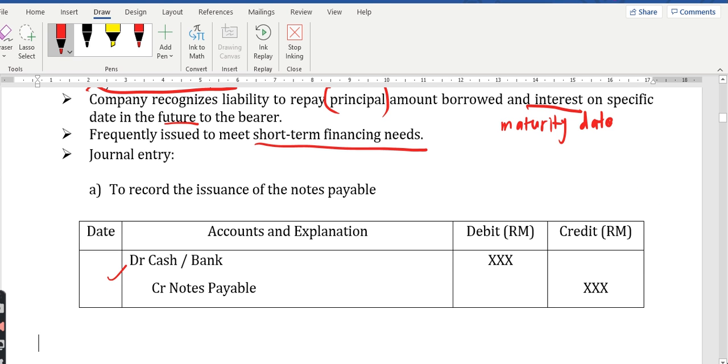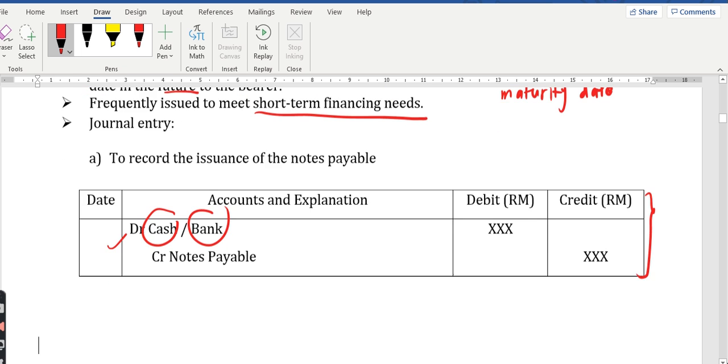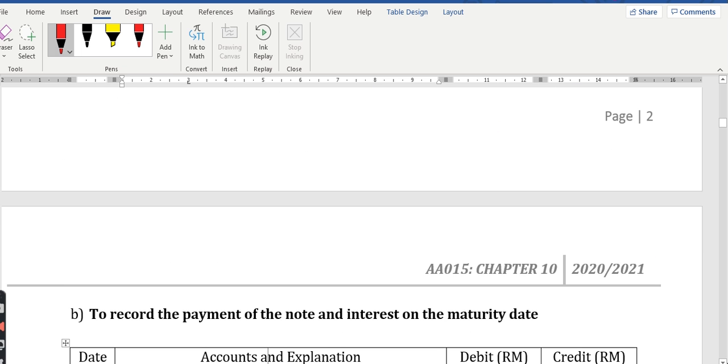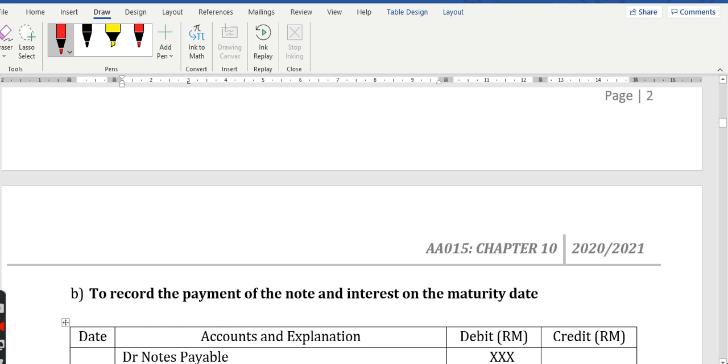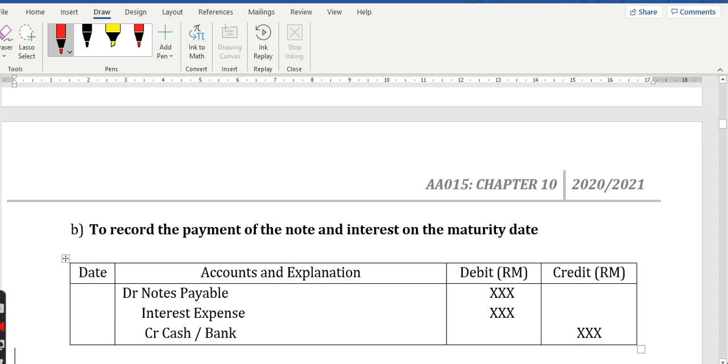Okay, so at this point you receive the loan, the pinjaman. It can be either cash or in the form of a check. It should be bank. Then you need to pay the amount that you borrowed within the maturity date applied. When we are surrendering the notes payable, that means when you are paying the notes payable,